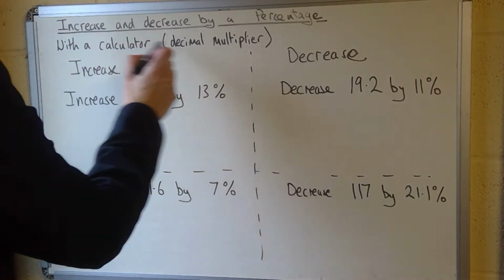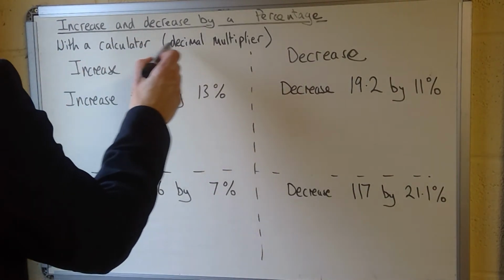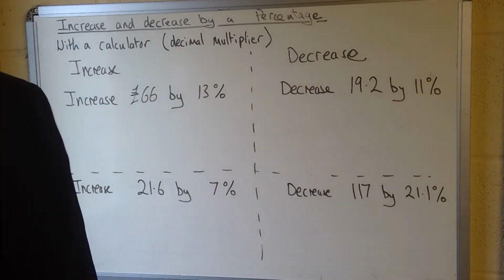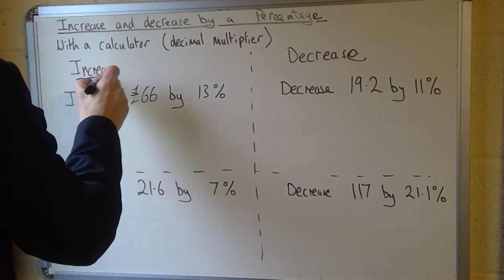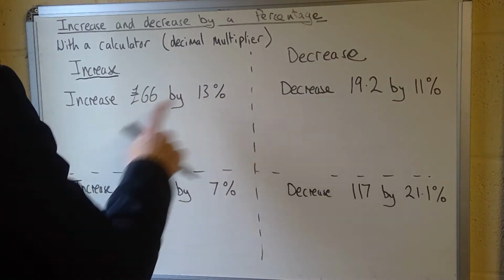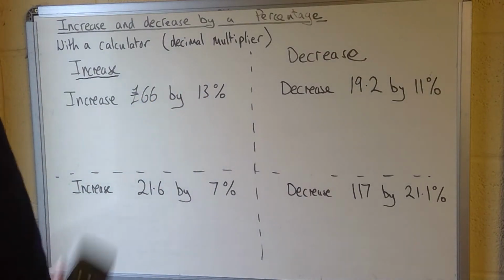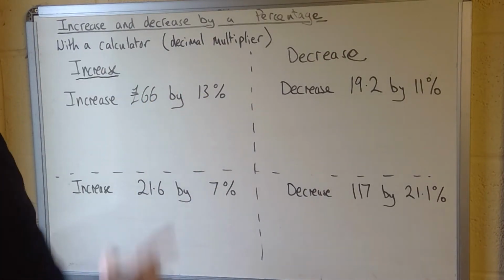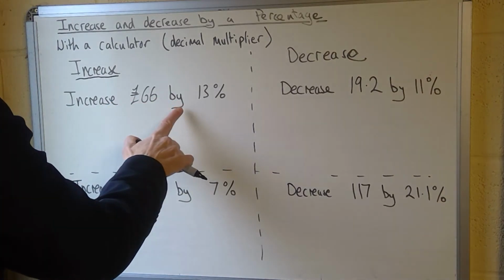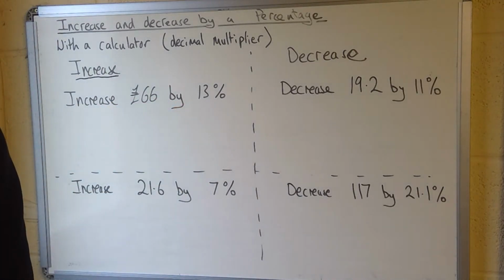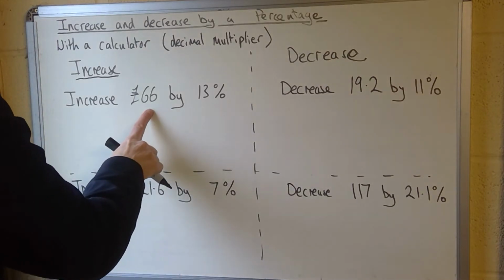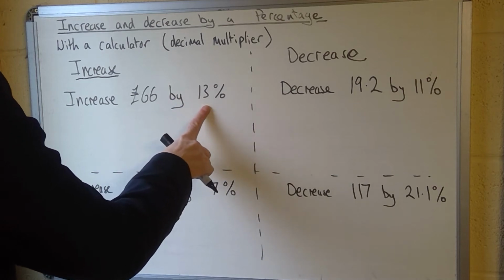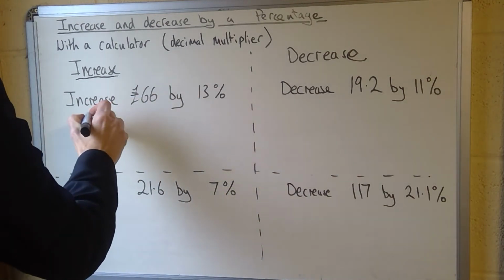We're now going to use a calculator, and to do that we're going to use the decimal multiplier method that you'll have seen before. So we're going to start off with an increase, and you can see the numbers are a little more difficult here, but that doesn't matter because we have our calculators. So increase £66 by 13%. So how I'm going to approach this is I'm going to say the original is 100%. I'm increasing it by 13%. So in effect, I've got